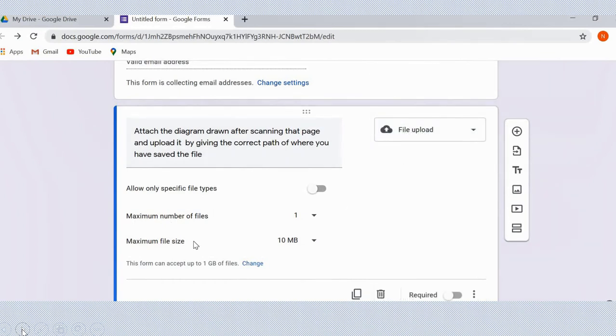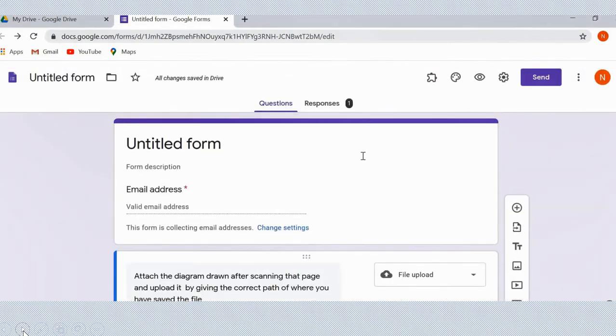Now you see there are two or three things you have to tell your students. They should keep in mind the number of files, and you can set the number of files the students can send to you. If it's lengthy answers, then you can set it as 5 or 10, unless it is a one-paper diagram, then you can set it as one only. Then there is maximum file size also in MBs, like 10 MB, 100 MB, 1 GB or 10 GB. So students can get this information from this form.